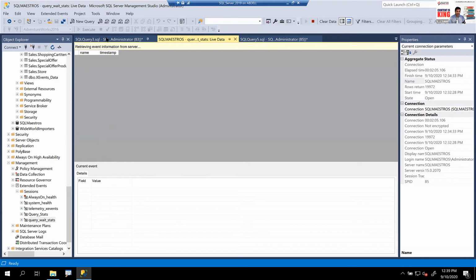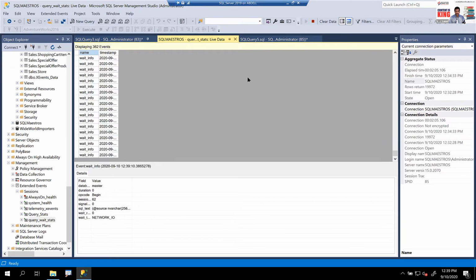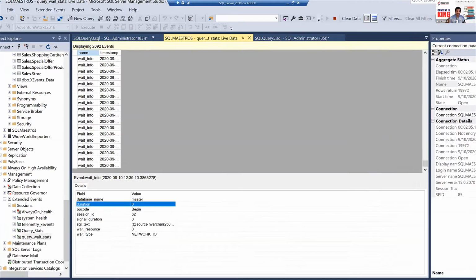And you are getting all this. Wow, you are getting a lot of info there. Can you just see all the waits that are happening? Now, this is where the trouble is, correct? This is where the real trouble is. How are you going to find your wait stats if so much system information is getting captured? So that's the tricky part. You already have 1700 events there. You know, there's all internal system stuff going on.